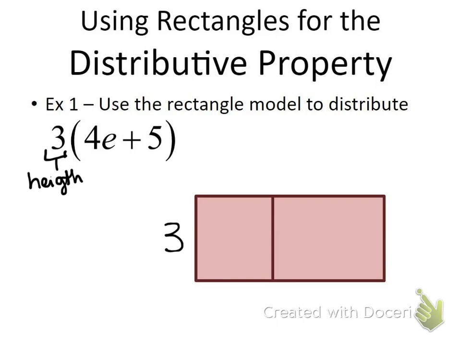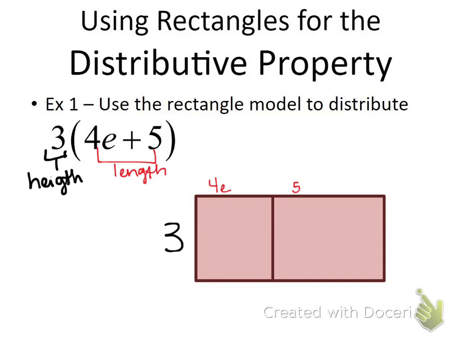Okay, then what's the 4e plus 5 going to represent? The length. Okay, now, how many terms are there here? 2. How many lengths do I have? 2. Which one do you think I'm going to put first? 4e. So keep them in order. So you're going to bring that 4e straight to the first length of my rectangle. And then what's the second length of my rectangle? 5. Okay, now, we're going to go ahead and find the area of each rectangle, and then that should